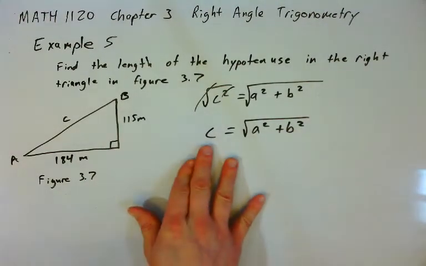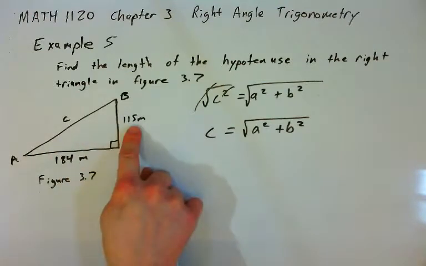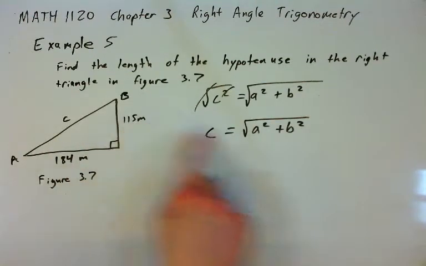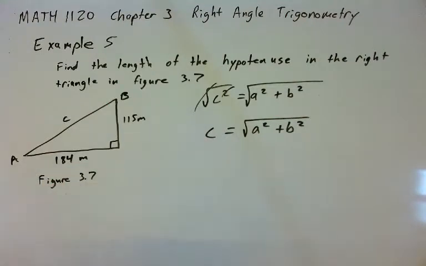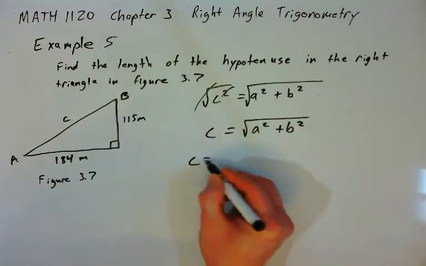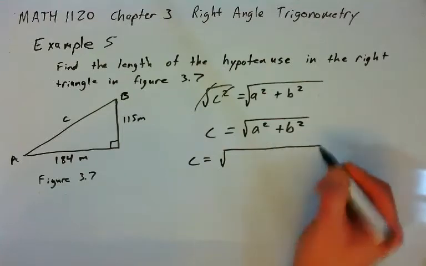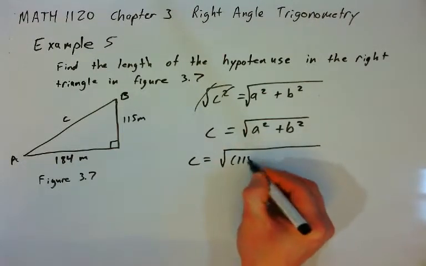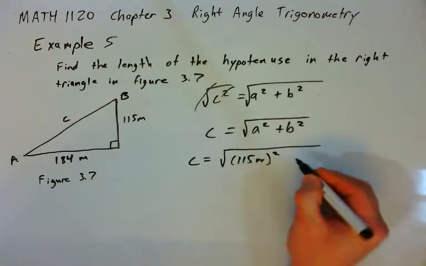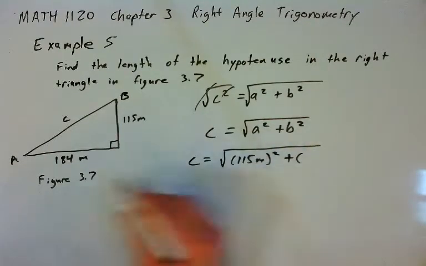And so we're looking for c. We already know the length of side A is 115 meters, and we know that the length of side B is 184 meters. And so we'll just plug those numbers in. C is equal to the square root of A, which is 115 meters squared, plus B, which is 184